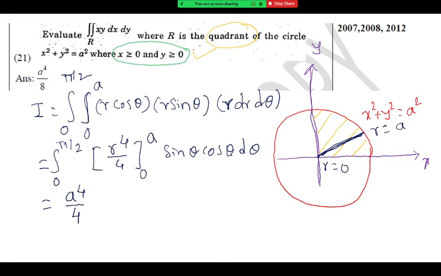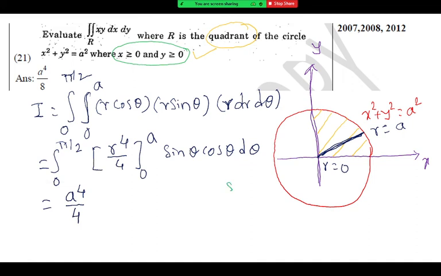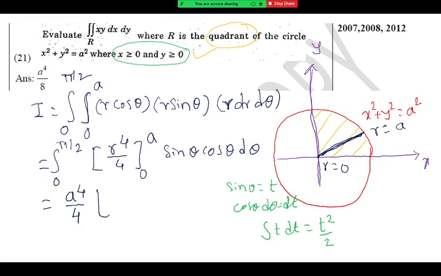What is the integral of sin 2 theta then? Minus cos 2 theta upon 2. Don't forget to write that upon 2. Okay, that is one way. The other way, you can do this by putting sin theta equal to t also. If you put sin theta as t, you will observe cos theta d theta is equal to dt. So this becomes the integral of t dt, that is t square by 2. So directly we can write the integral this way also, and that integral is sin square theta by 2. The limits are 0 to pi by 2.